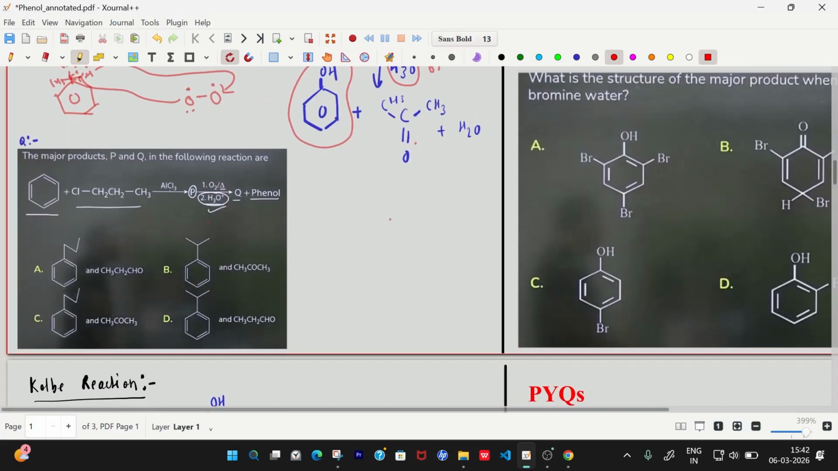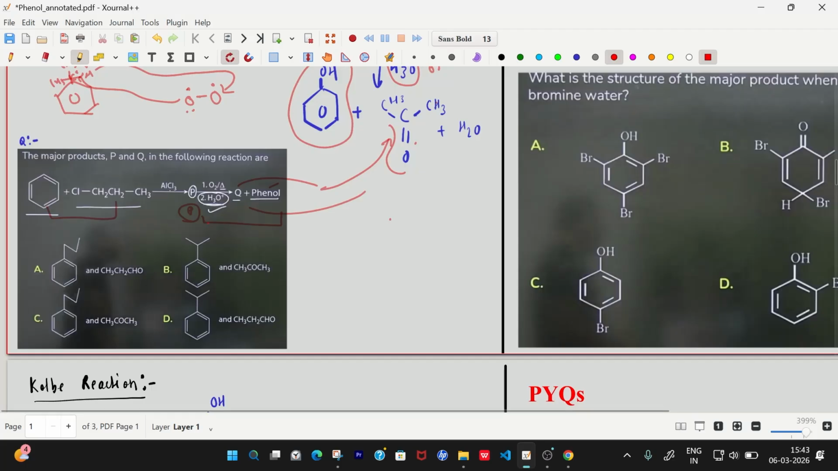This is one question here. Benzene is treated with Cl, CH2, CH2, CH3 in the presence of AlCl3 to form product P, and P is further treated with O2 in the presence of heat and then H3O plus to form Q and phenol. As this is the same as the above reaction, this is phenol, so Q will be CH3 C double bond CH3. This will be the same product, so we get Q as this, and this is the